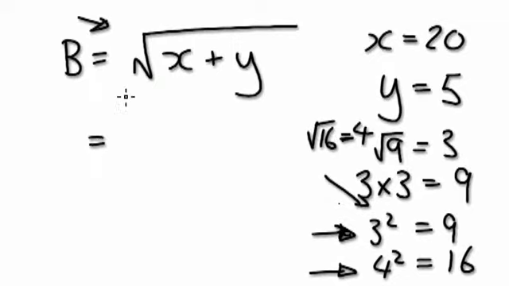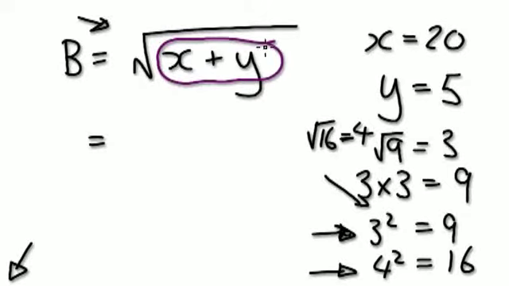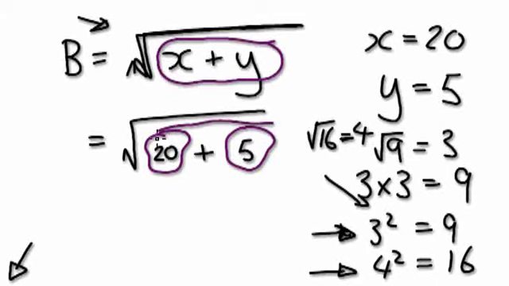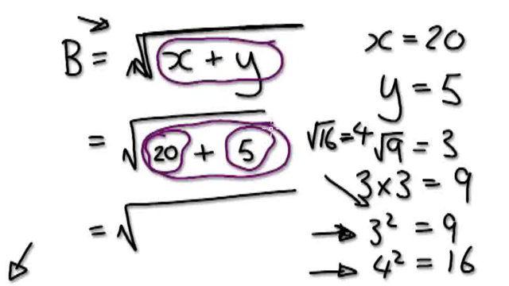So here, how do you do this? Try and do this. Press pause and have a go. Okay, but basically you've got to do this thing in the bubble first. Because of this line here, it's saying everything below it. So x goes here plus y here. Well, x is 20 and y is 5. So remember, this thing exists in a bubble here. So for the square root, you've got to do what's in here first. So it's 20 plus 5 is